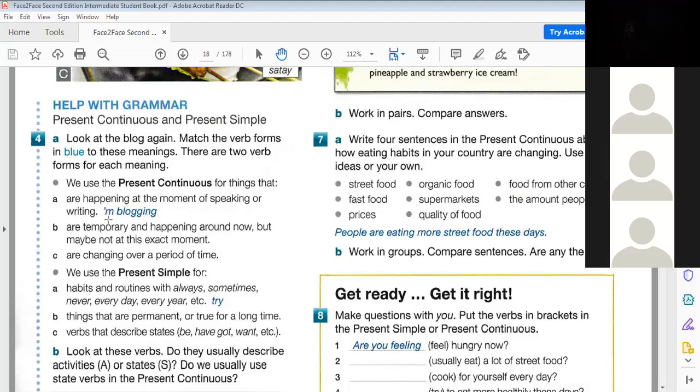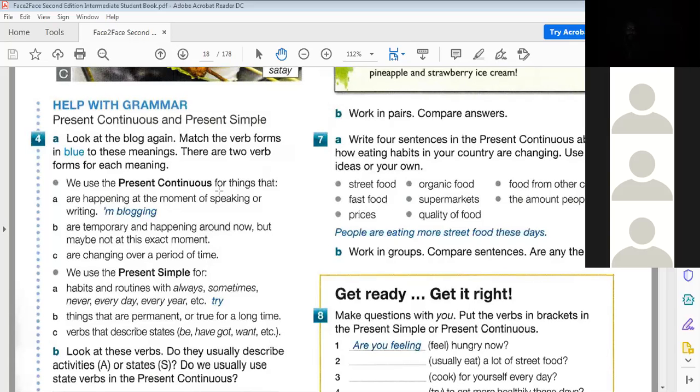So for example, I can say, I'm talking to you now, or I'm explaining this point to you now, and you are listening. So this kind of present continuous is about something happening at the moment right now. But then we have another kind of present continuous. It's something temporary happening around now, but maybe not this exact moment. And then we have present continuous for something which is changing over a